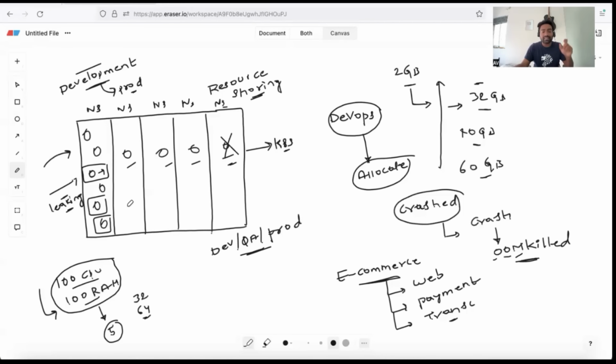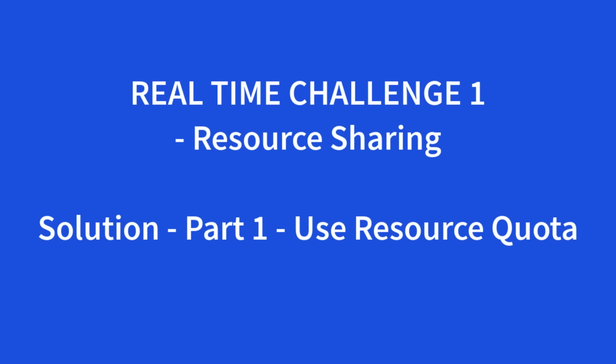Now, it is the responsibility of the DevOps engineer to make sure that you provide only the required amount of resources to a particular namespace. So how do you do that? How do you provide only the required amount of resources to a particular namespace? For that, what we can do,